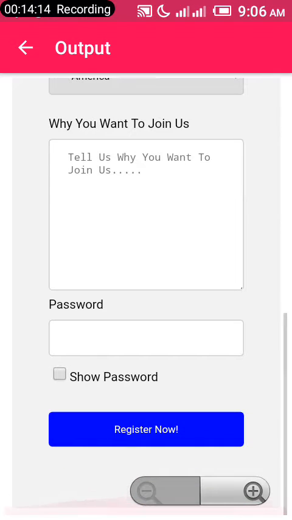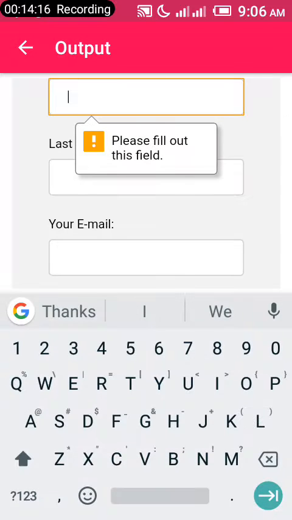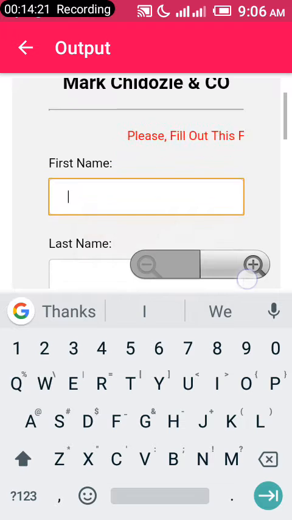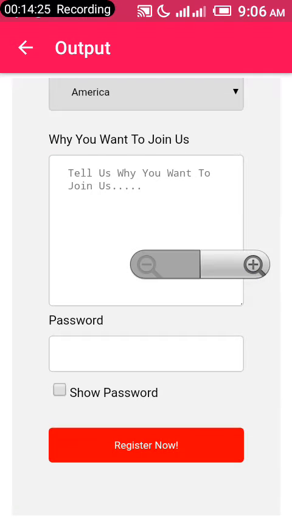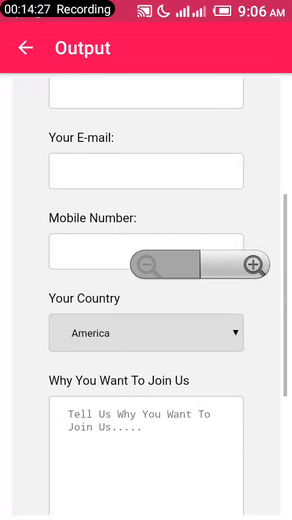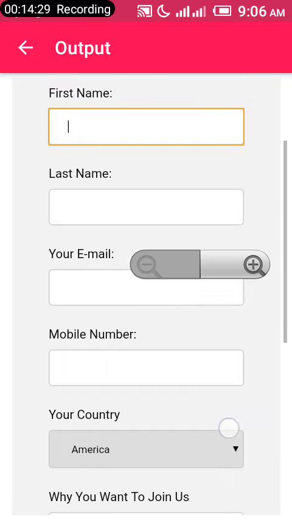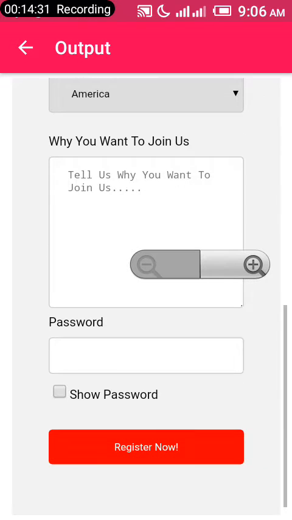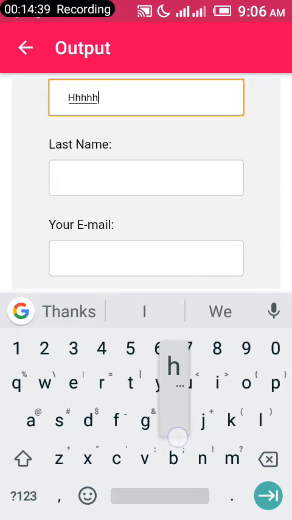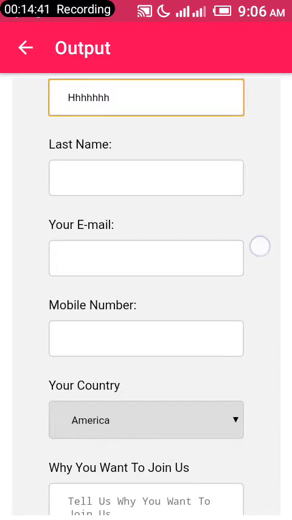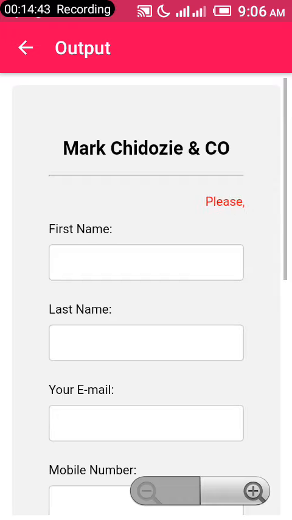Yes, right now when you click register now, the form won't submit. It will compel the user to fill out this field called the first name, because it's just in that first name field that we added the required property of HTML. So no matter how many times the user clicks register now, it compels the user to go back and type something into that field. So right now, as the user has typed something, he clicks submit before